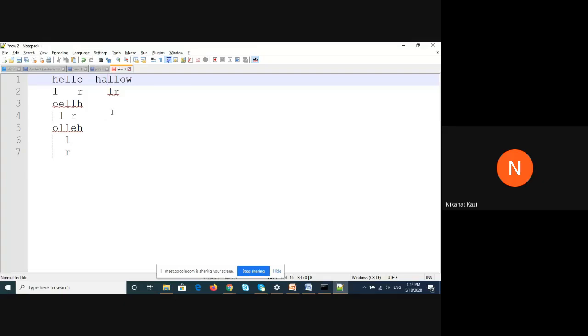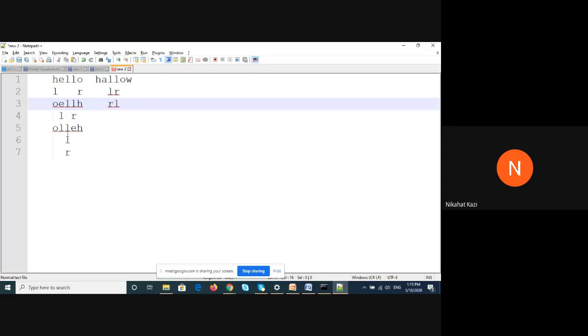And then what will happen at the next run? L will come here, it will get interchanged, right? So R will come here, L will come here. They will interchange, so they will cross each other. So actually you should stop the logic when they cross each other. So the logic should keep on continuing till L is less than or equal to R. You have to check the address of L and the address of R. It should be less than or equal to. In this case, you will stop.